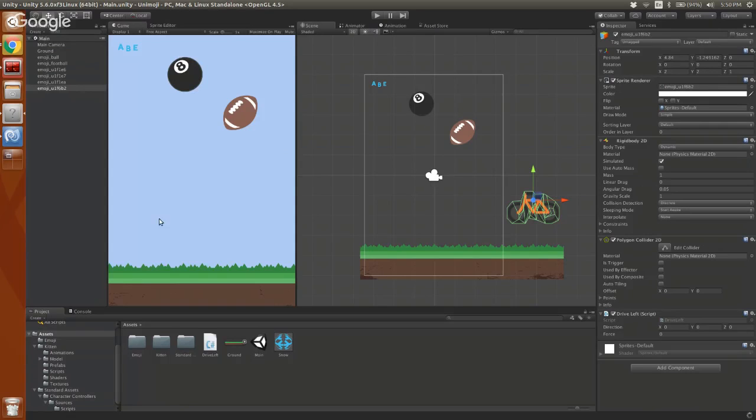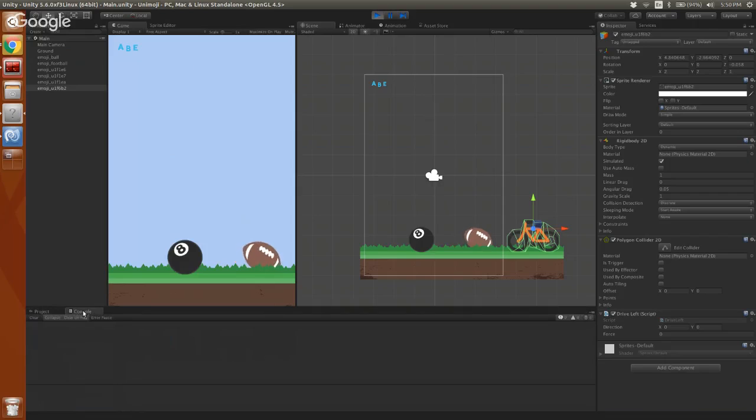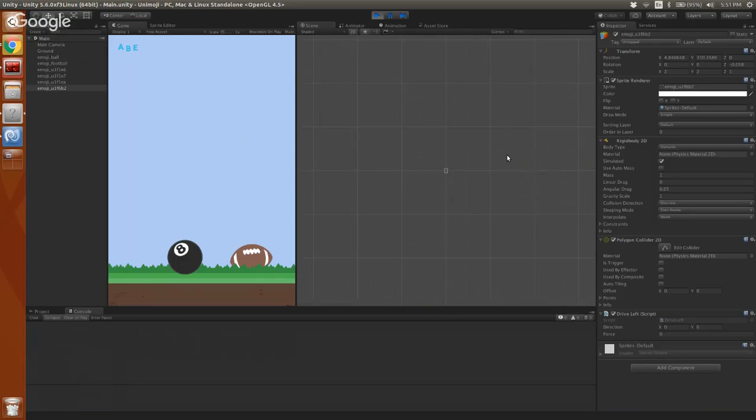So let's hit play. Now that we've written some code, we're going to want to keep an eye on next to the project. We have a console tab. If we have any errors or compiler issues, they'll be in this console tab. Now we have our bicycle. Let's see if we can apply some force to it. So in theory, if I apply a force of like 100, yep, my bicycle just shot way up into the air and it's still flying, and eventually physics will get to it and it'll fall back down. But what I did there, yeah, there it is.